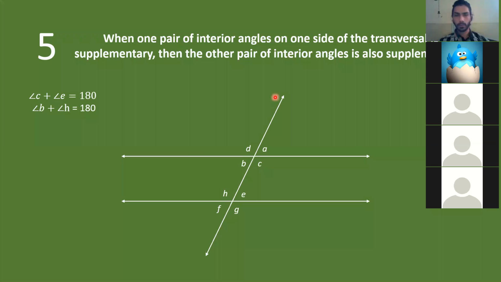These five properties, folks, we did last time, and I also showed you how to prove them. Also, in the async packet, there are three YouTube videos which show you how to prove these properties. If you haven't seen them, or if you were absent for the lecture, you can just go through that packet. All right.